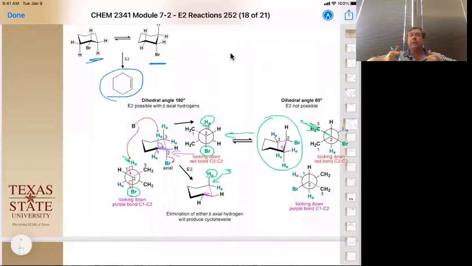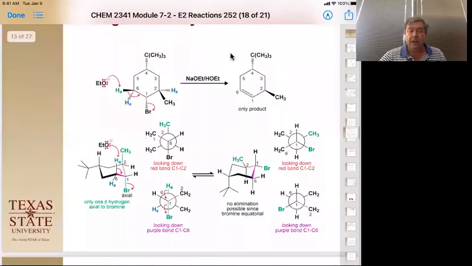Does that make sense about how to use that Fischer diagram to make sure your hydrogens and bromines are opposite each other? Okay. All right. So let's see what time. Oh, plenty of time. All right. Okay, so